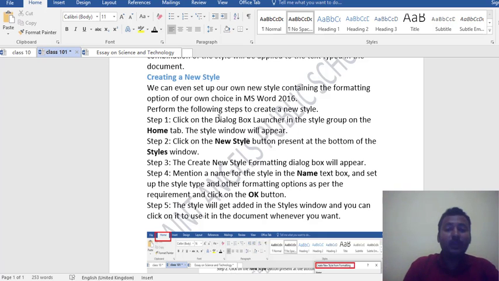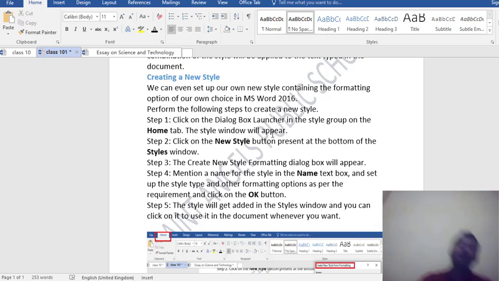First step, click on the dialog box launcher in the style group on the home tab. The style window will appear.